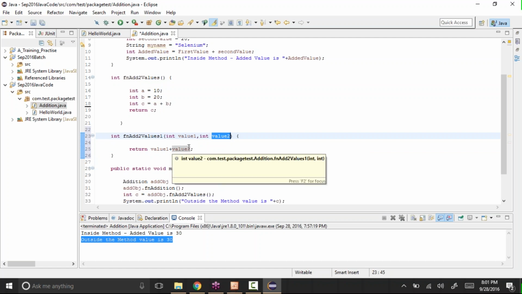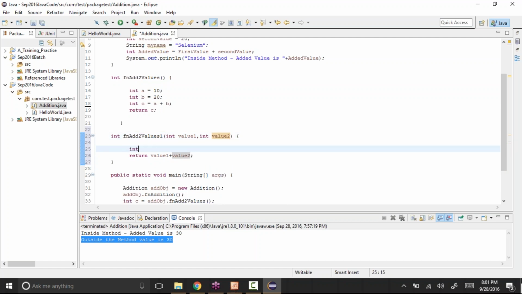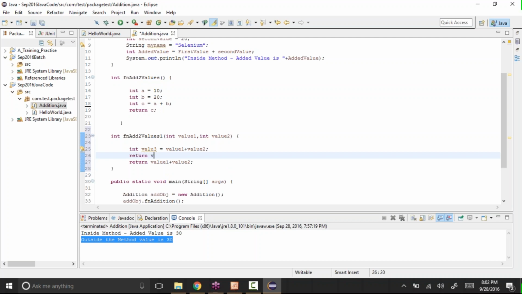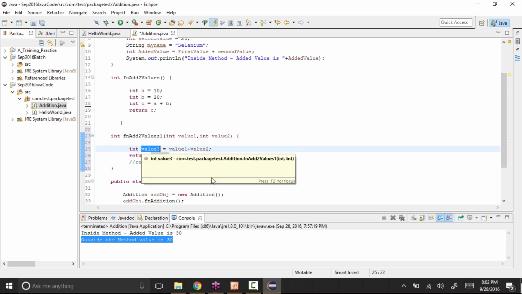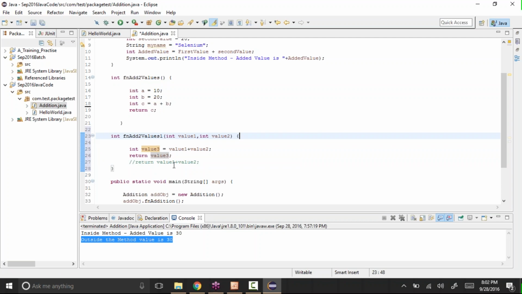Either we can write it like this, or we can say int value 3 equal to value 1 plus value 2, then return value 3. We can do it like this also. Either we create a variable in two lines, or instead we can directly say return value 1 plus value 2. It directly adds them and returns the value.